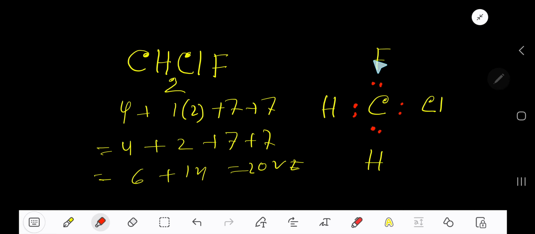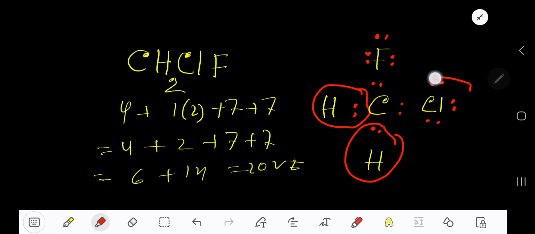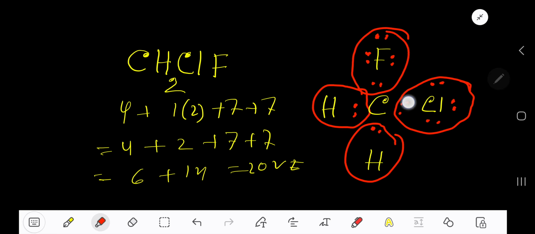Now we will satisfy the octet of the outer atoms. 2, 4, 6, 8, then 10, 12, 14, 16, 18, 20. We have used all the valence electrons. Now check for the duet of hydrogen, octet of chlorine, octet of fluorine, octet of the central atom,